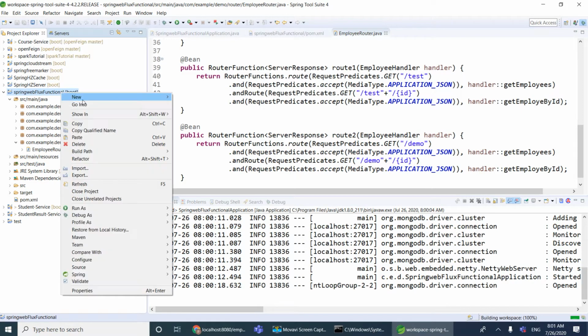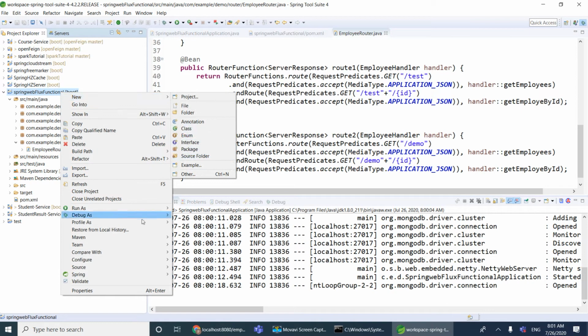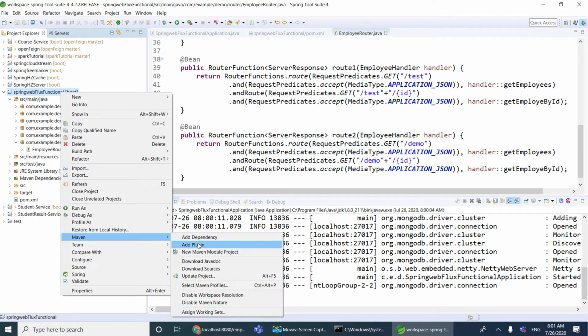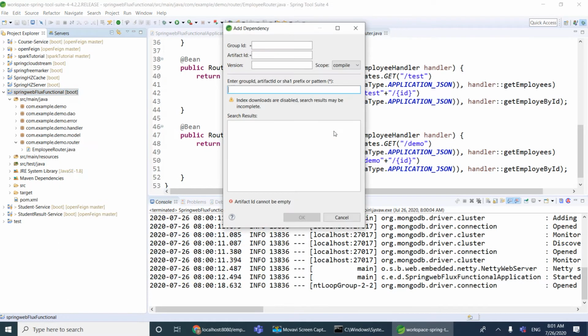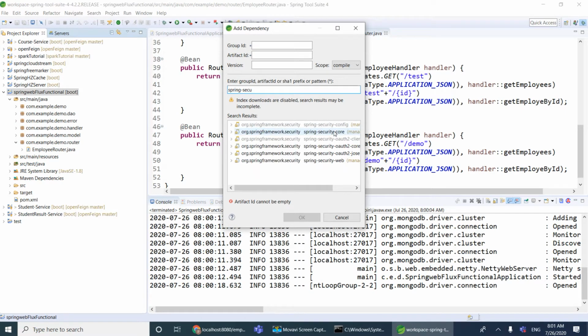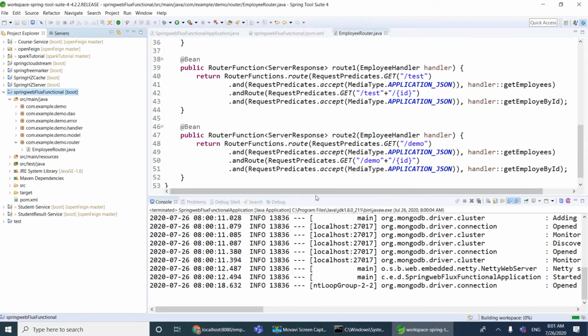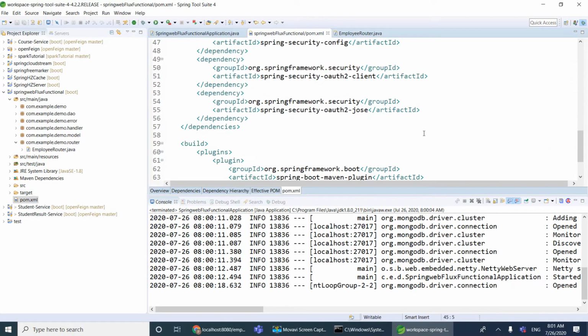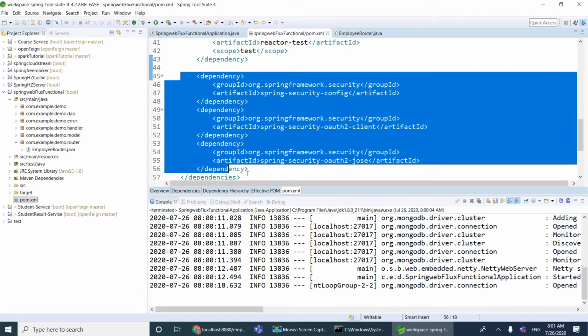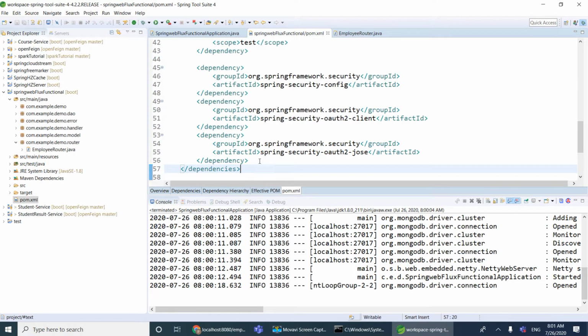Similarly, I am going to add spring-security-oauth2-jose. So these three dependencies are added to my pom.xml. If I open pom.xml, these three dependencies are there. Let's save and restart the server.